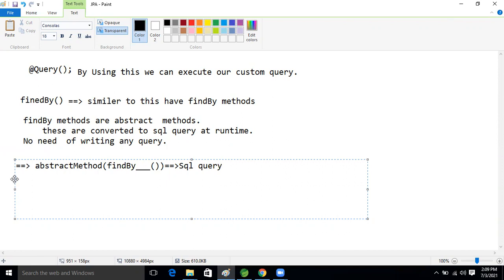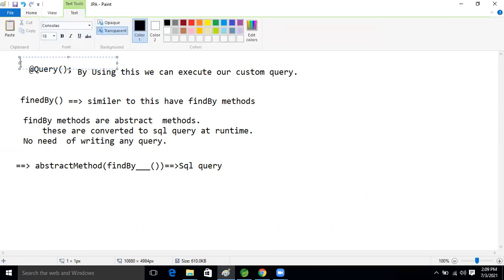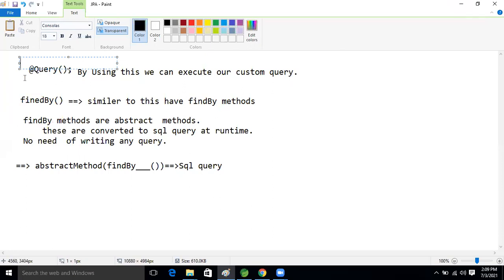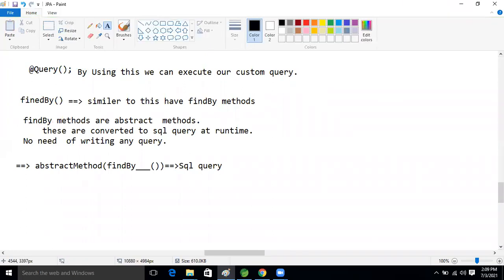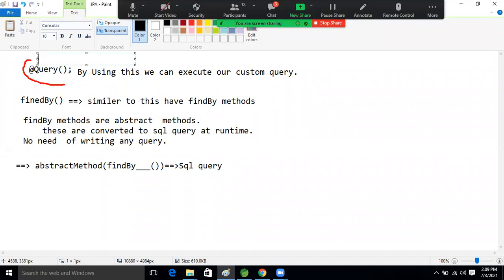Next, it supports only select. The disadvantage is this: when we use HQL with the Query annotation, the query method is there, right?